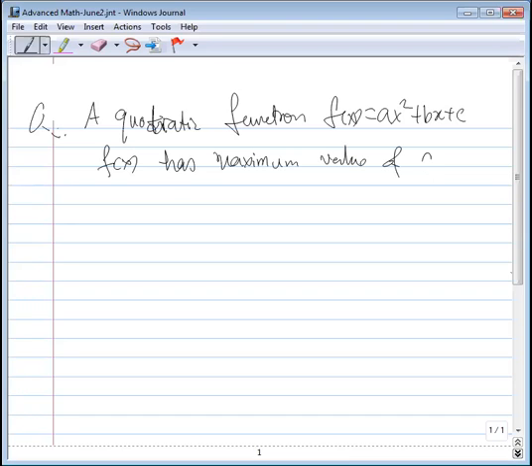Find f of x. Now, to solve this problem, we need to use the standard form, a(x minus h) squared